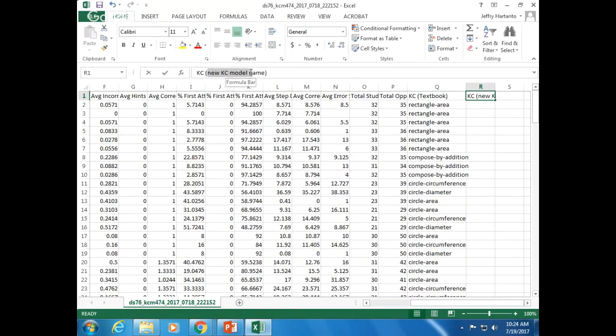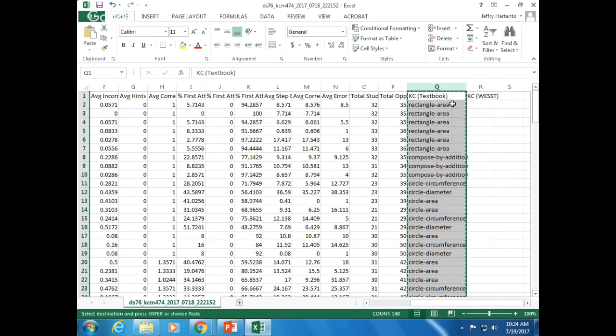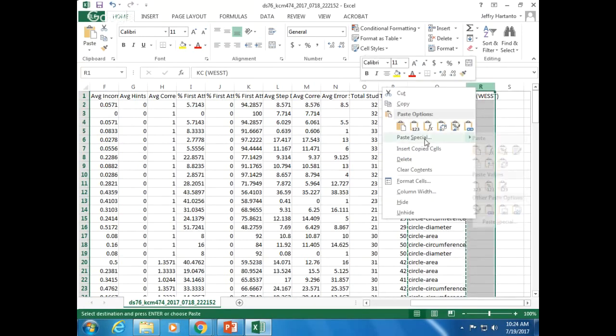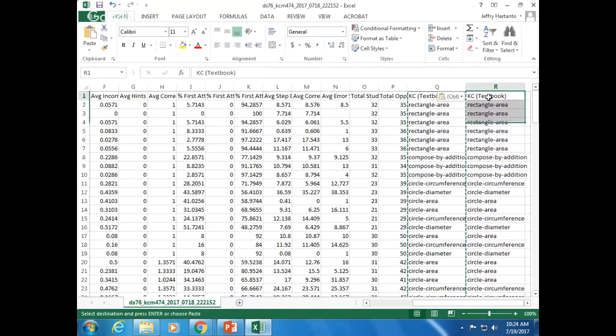So if I wanted to create a new model, say, the WESST model, I could put that name in there and then retag everything here. It might actually be easier to take an existing column and paste it in, and then just change the name up here. If I wanted to merge rectangle area and square area, I could do that really quickly by saying,